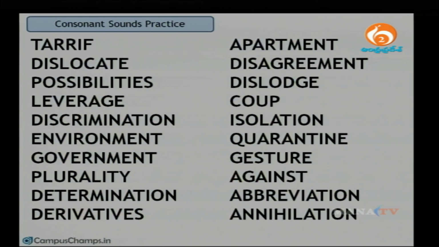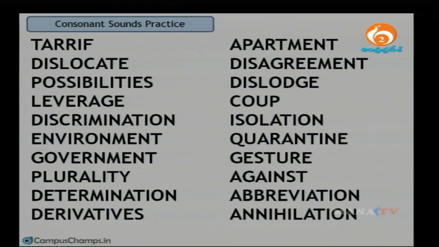Plurality, determination, derivatives, apartment, disagreement, dislodge. Coup, C-O-U-P means coup, K-O-O, that's the pronunciation, coup. Coup basically means when the army takes over the government, the martial law, emergency, okay, the army law, so that's called a coup. Next word, isolation,